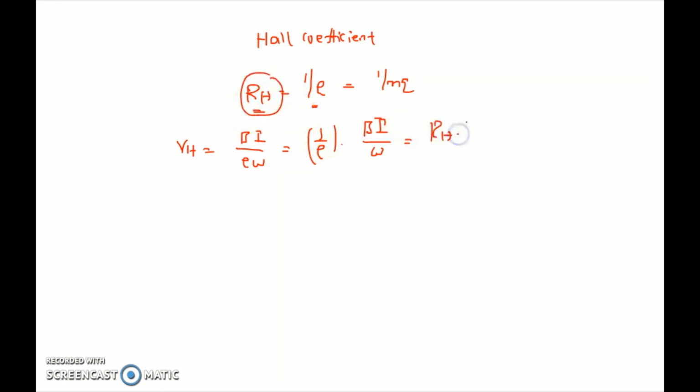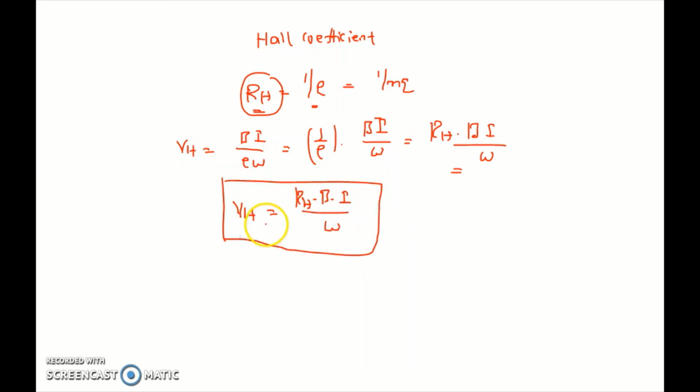which is the Hall coefficient. Then it can be written as RH into Bi divided by W. So it is also one of the expressions for the Hall potential, that is VH is equal to RH into Bi divided by W. You have to note down this Hall voltage expression also, because it is helpful to solve GATE problems regarding the Hall effect. And note that RH is the Hall coefficient. Okay, fine. Next up,